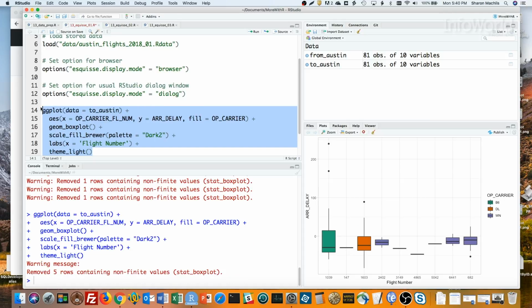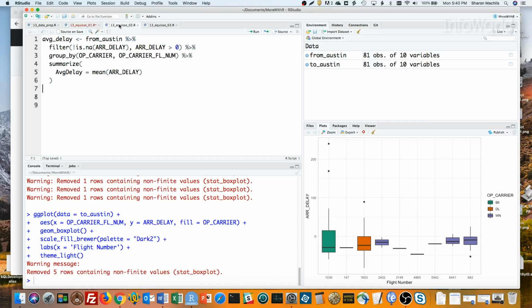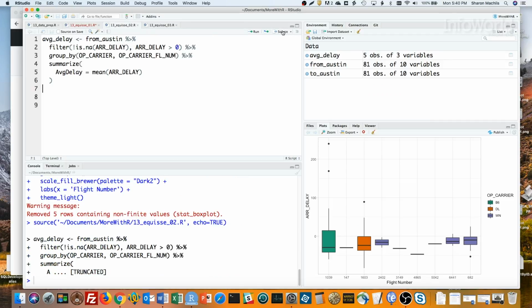there's my graph. If I want, say, a bar graph of average delays by flight back from Austin, I'll need to do a little pre-processing of the data, such as here. I'm creating a new data frame. Then I'll choose that average delay data frame in the ggplot Builder add-in.